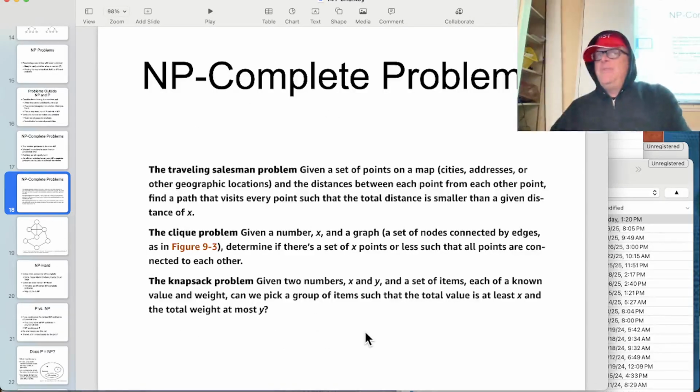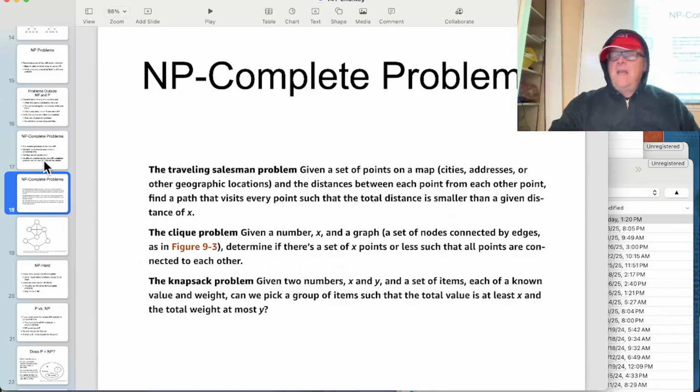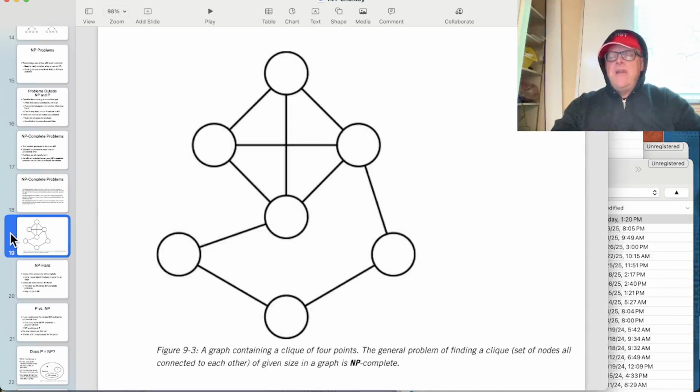If you have a bunch of objects with a dollar value and a weight, and you can only have a certain maximum weight, what is the maximum dollar value you can pack in the knapsack? All of these turn out to be pretty much the same. All of them are considered NP complete, the most difficult problems in NP, and none of these are easy to solve on computers. Rapidly they become out of hand trying to do all combinations, and there are various ways to approximate an answer.